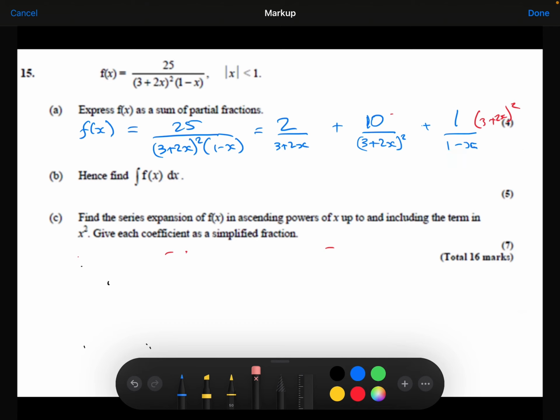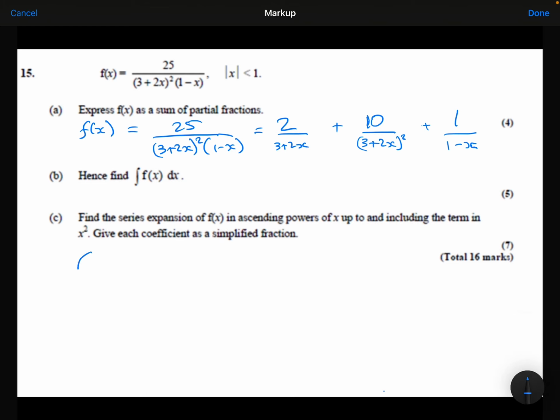And this was how I wrote my answer. Okay, moving on to part B. Hence, find the integral of f of x. So we want to integrate